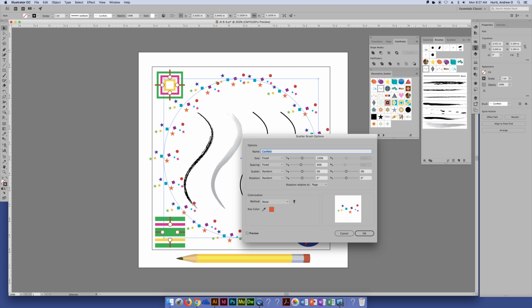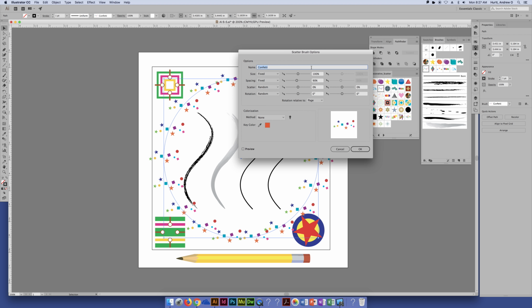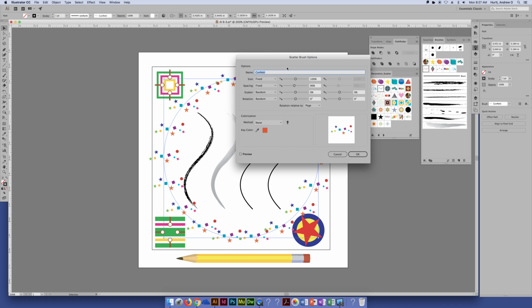So if you wanted to edit any of the preset brushes, especially the scatter brushes, in your brushes palette rather than the library, you can double click and you see we have all of our scatter brush options. We have the name, and this happens when we create a new brush as well. You have your typical name option here. You can call it whatever you like. And then you'll see here we have size, spacing, scatter,